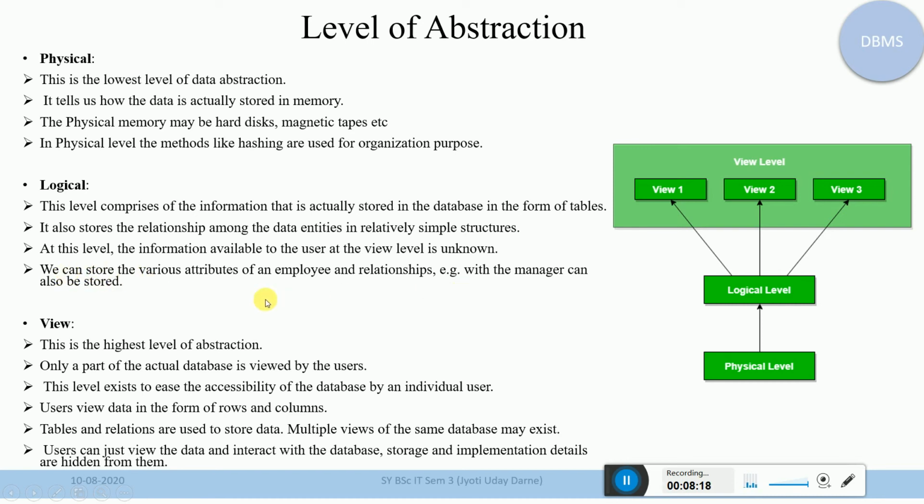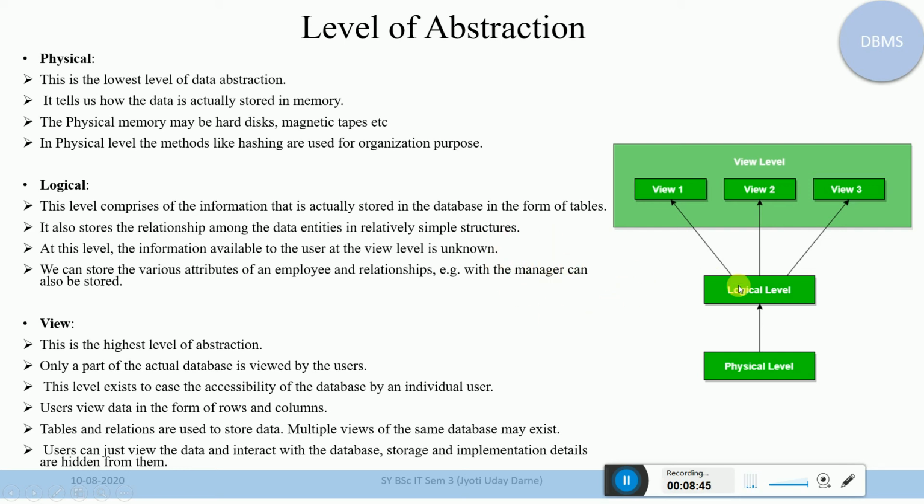Now I'll explain what that particular point is saying: we store various attributes of an employee and the relationship. That means a particular employee is related to a manager, or we can say a manager is also an employee, but a particular manager is related to a bunch of employees. That is why a bunch of employees work under one particular manager.